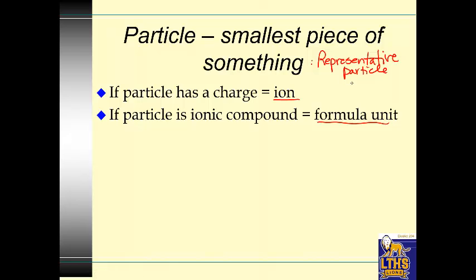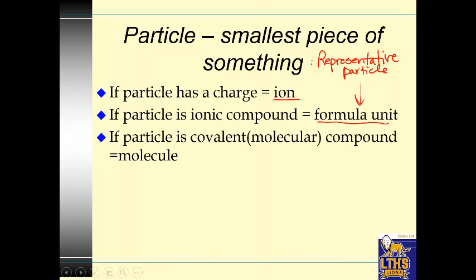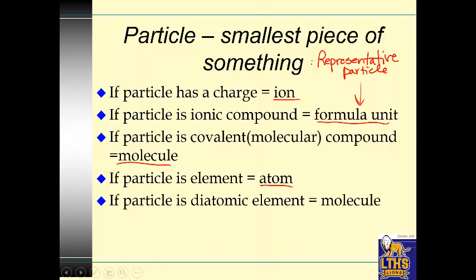What represents an ionic compound? Formula unit. What represents a molecular compound or a covalent compound? Molecule. What represents an element? Most elements are represented by atoms. That's their smallest part. But some elements, N, O, F,